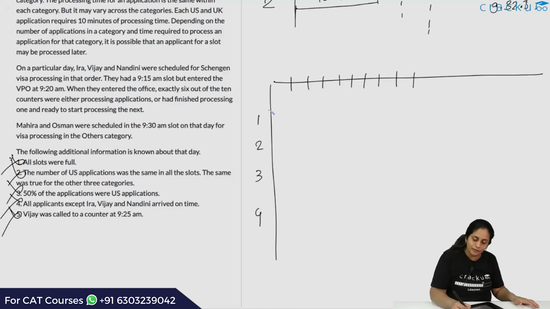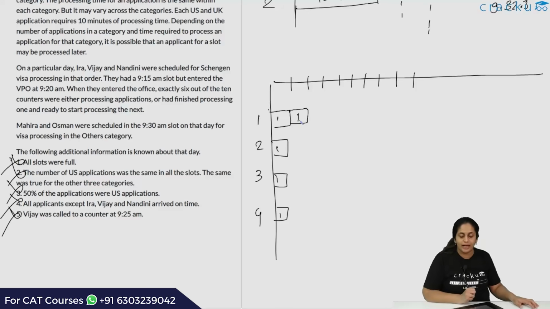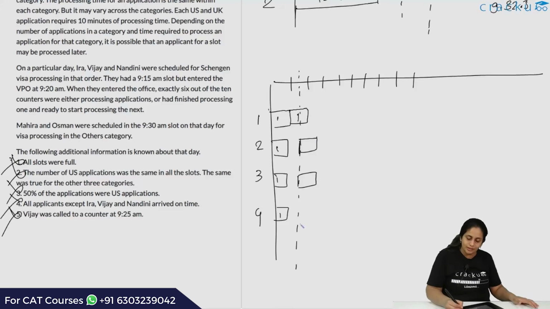So this is the first 10. Each one of them processes the 4 people who are there from the first slot, and the 5th applicant will be finished on, say, the first counter at 9:20. At 9:15 you will get the next 5 applicants. So from 9:15 to 9:25 you will do the next processing. This is from the second slot. So over here also, from 9:15 to 9:20, all 4 counters will essentially be working.